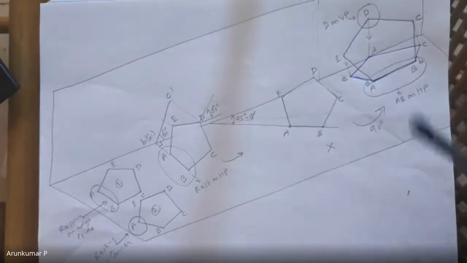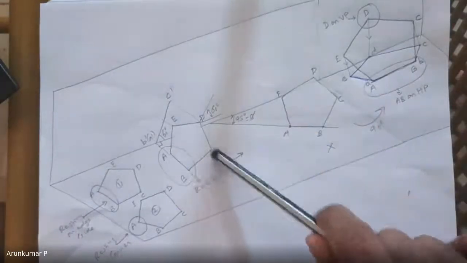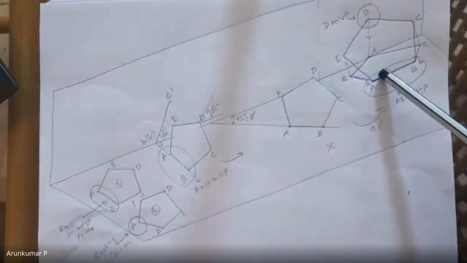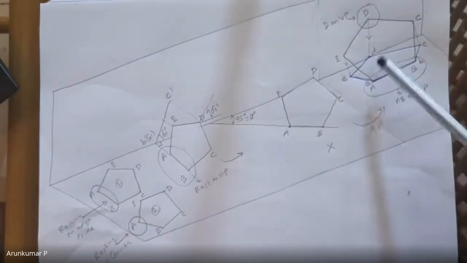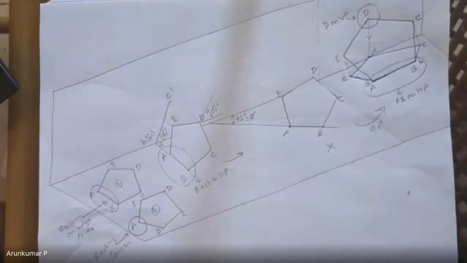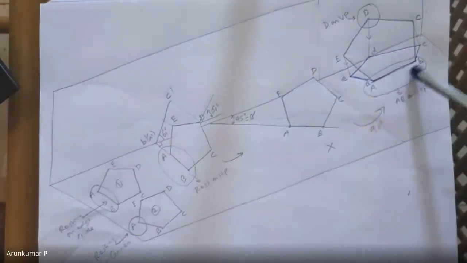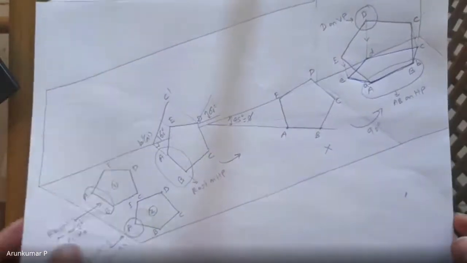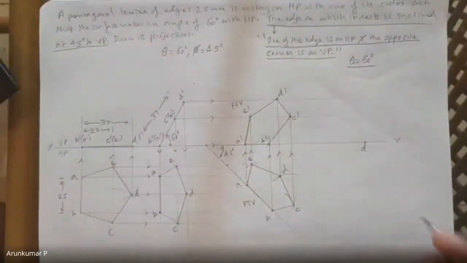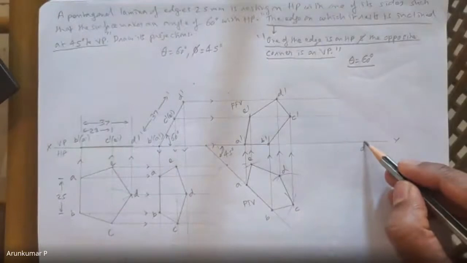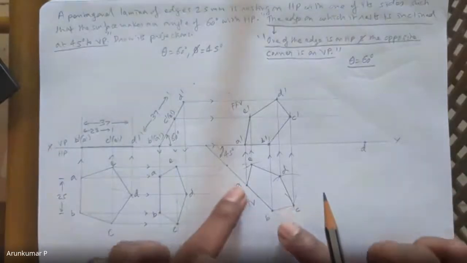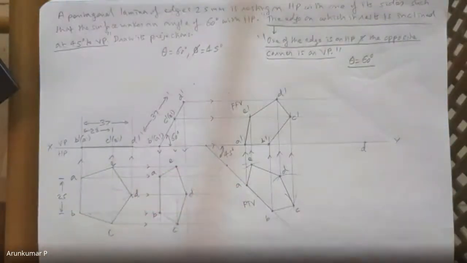Okay, that is why I have to put the second step top view, rotate it by 90 degrees and put it here. Such a way that the corner D is on XY line. And then redraw the other points A, B, C, and E. So first I'll mark corner D on XY line, and then I'll try to locate A, B, C, and E.